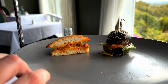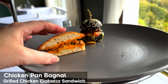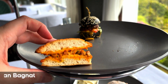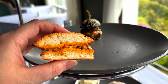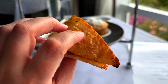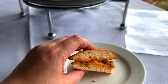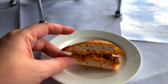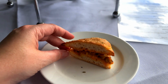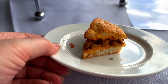So the next sandwich is this grilled chicken sandwich on, I think, ciabatta. So far all the savouries have been warm, which is really nice. Ooh. And this one is also warm as well. So just a little size, but it's nice to mix up the savouries with different breads. So we've had ciabatta, we've had a vol au vent, which I think is like puff pastry, and we've also had the focaccia, which was the egg salad. So again, quite diddy,